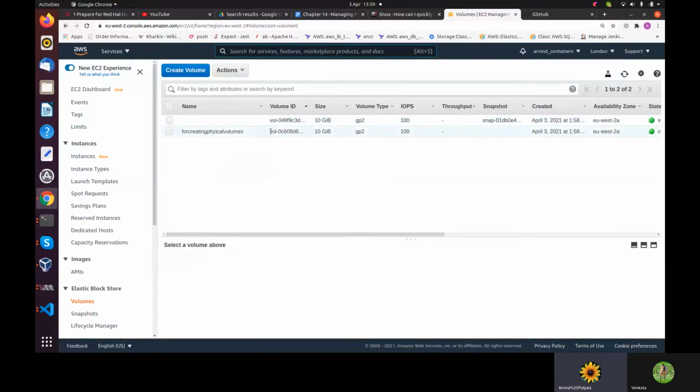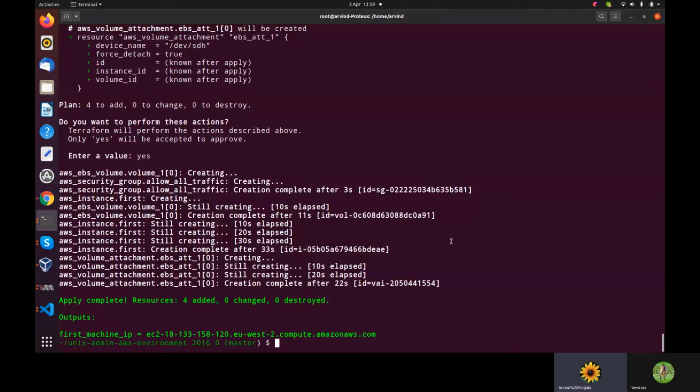Okay, so we are seeing the base volume and one. When we are saying two, what we are saying is the one volume will automatically be created, creating system volume. Okay, so we don't have to worry about that. Now, if we do Terraform destroy,